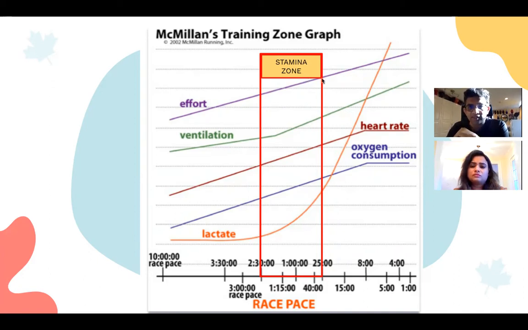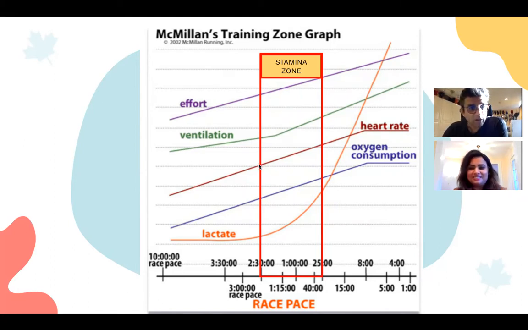Very interestingly, a few things are happening. Of course, effort is going up, right? There is an inflection point, a major inflection point on breathing. That means around the 1 hour mark, you realize that there is a sudden increase in the requirement of breathing. So that means your panting has started. That's really how you should understand this. Till now there is no panting. That means you can sing the happy birthday song. After this point, there is no happy birthday song singing. You will find it difficult to have a conversation, right?